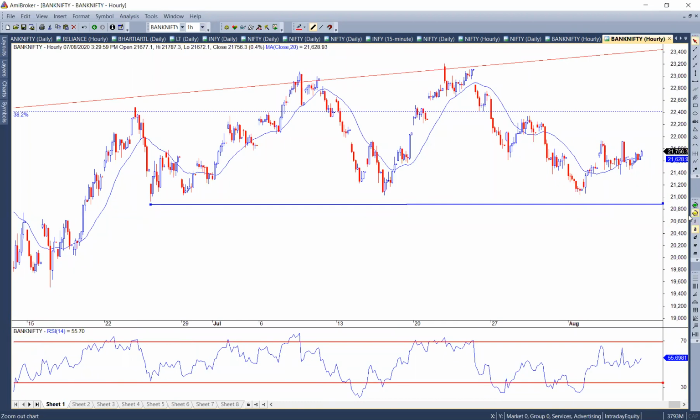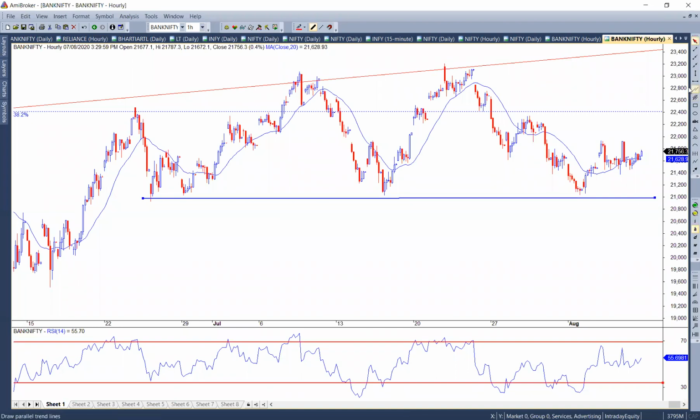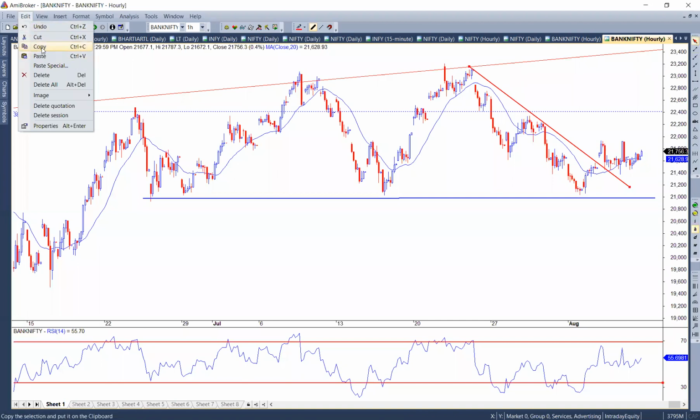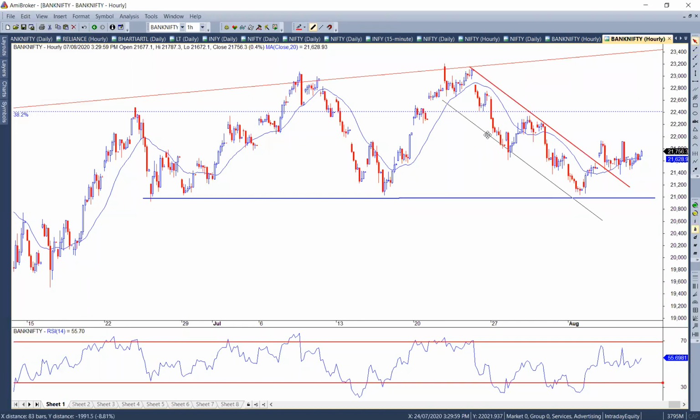No change. First thing you have to do, this is the support trend line. Perfect. Can I connect this high and this high together to form another trend line on the downside? Can I do that? Okay. Can I take a parallel to this? So let me go to edit, copy, edit, paste, or Control C, Control V. Take a parallel to this on the downside. Once you take a parallel to this on the downside, you get a channel.